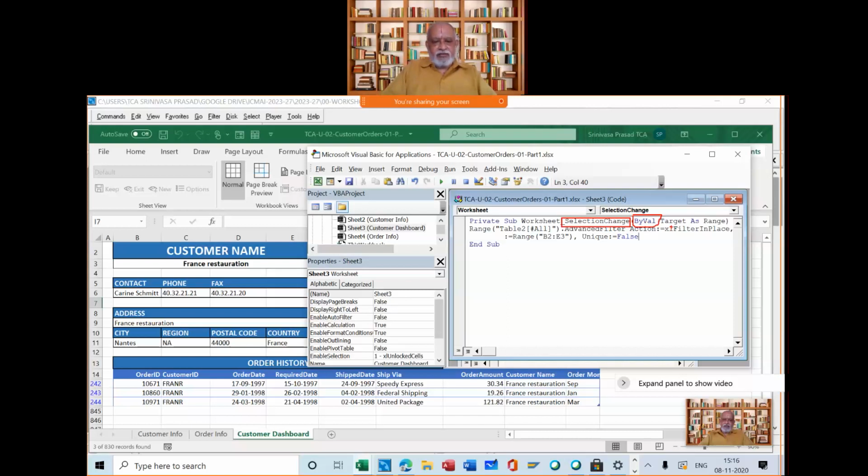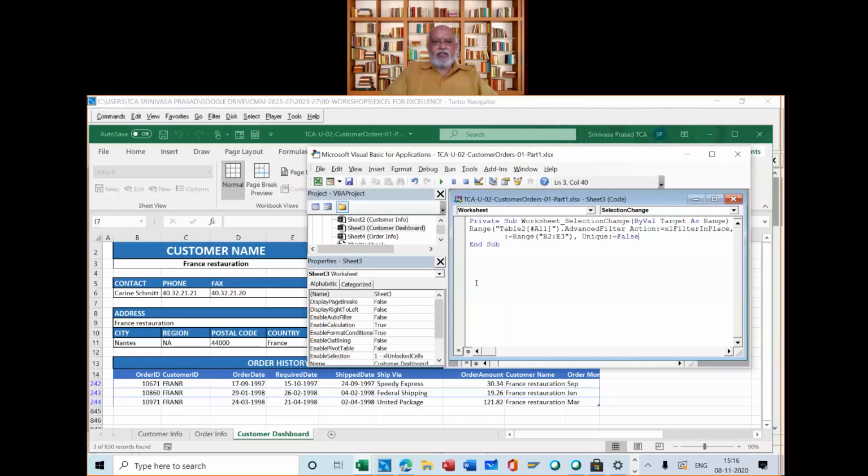this is very important. This particular word called target, we will see what this target is, one after another in a few minutes. This target has range. Then you will have to go to the advanced filter, and come back. All those things you will have to do. That is the instruction we have given.